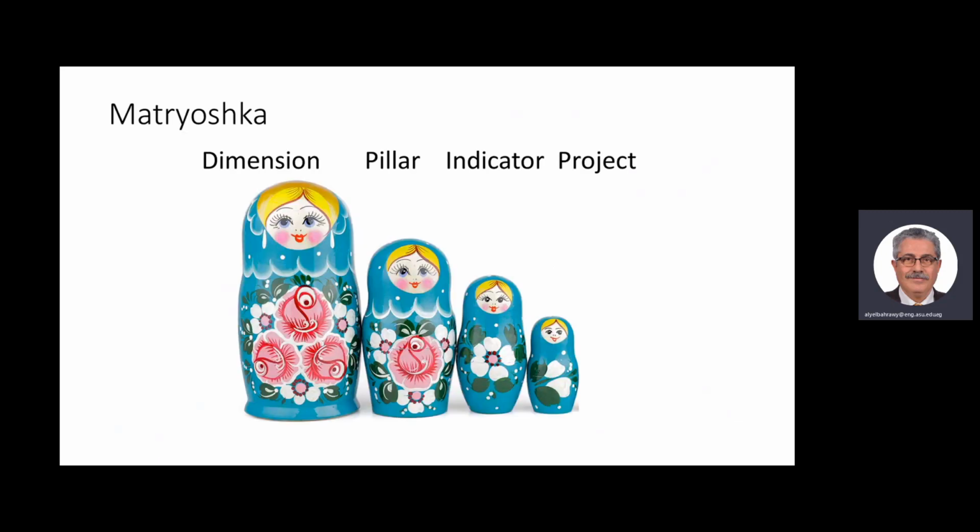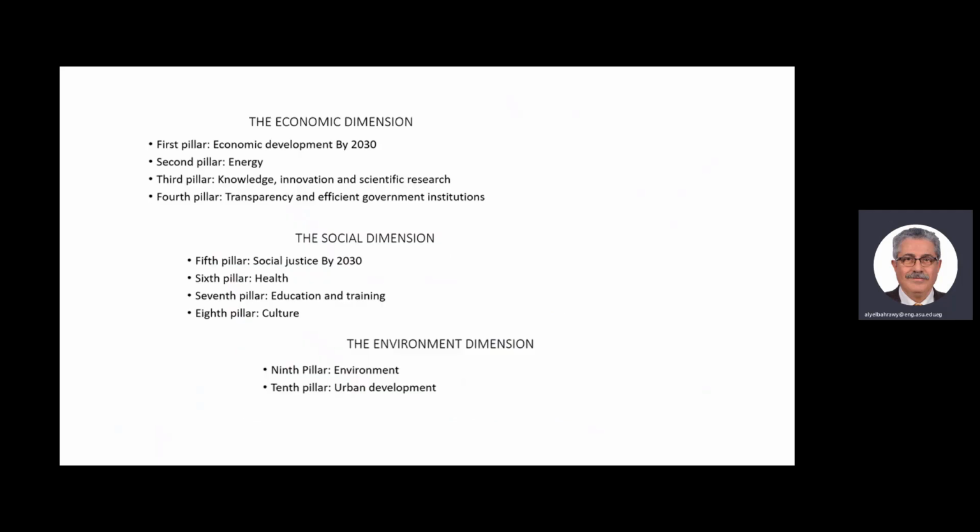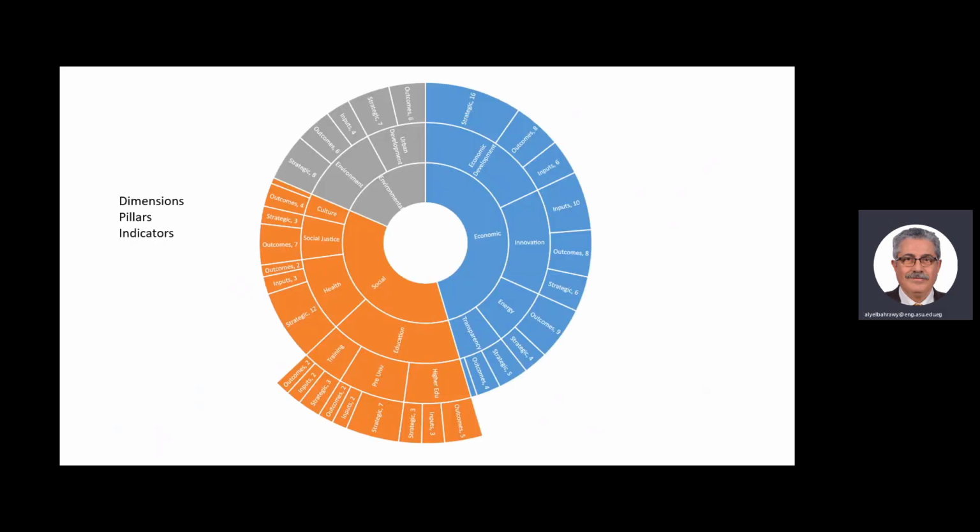Using the same matryoshka, we found that inside dimensions we have 10 pillars and then 169 indicators and many projects. These projects are the Egyptian mega projects. As you can see how the pillars are distributed among the 3 dimensions: 4 for economic, 4 for social, and 2 for environmental. Using the sunburst chart again to show the hierarchy